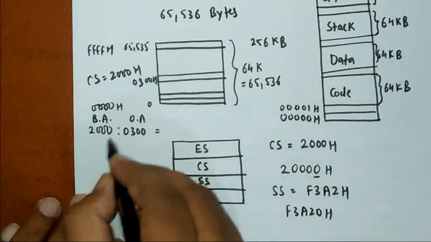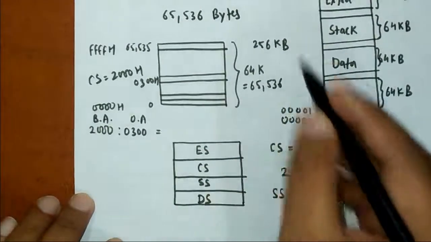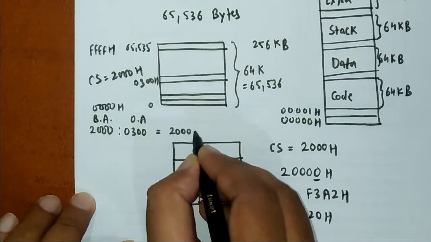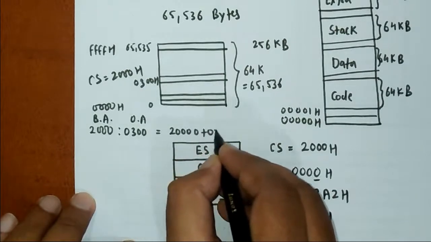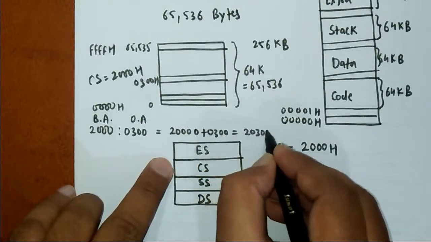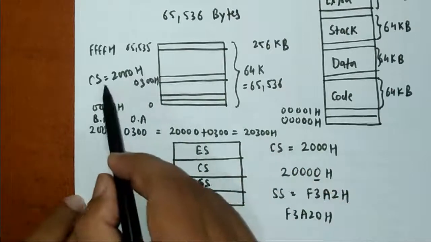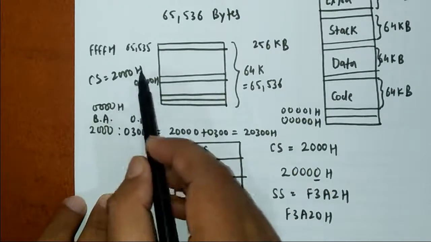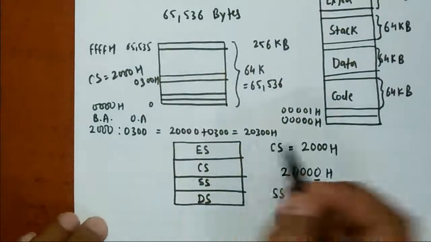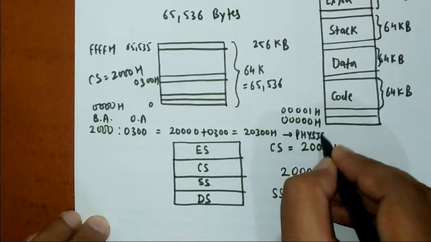So this is the base address and this is the offset address, and after appending a 0 at the end of the segment address and adding this number, we get the effective or physical address of memory. So it will be 2000, and a 0 will be added by the microprocessor itself, plus 0300. So what address will we get? We will get 20300. This is the actual 20-bit address that we wanted to access using base address 2000 and offset address 0300H. Basically, this particular process is called physical address generation in the 8086 microprocessor.